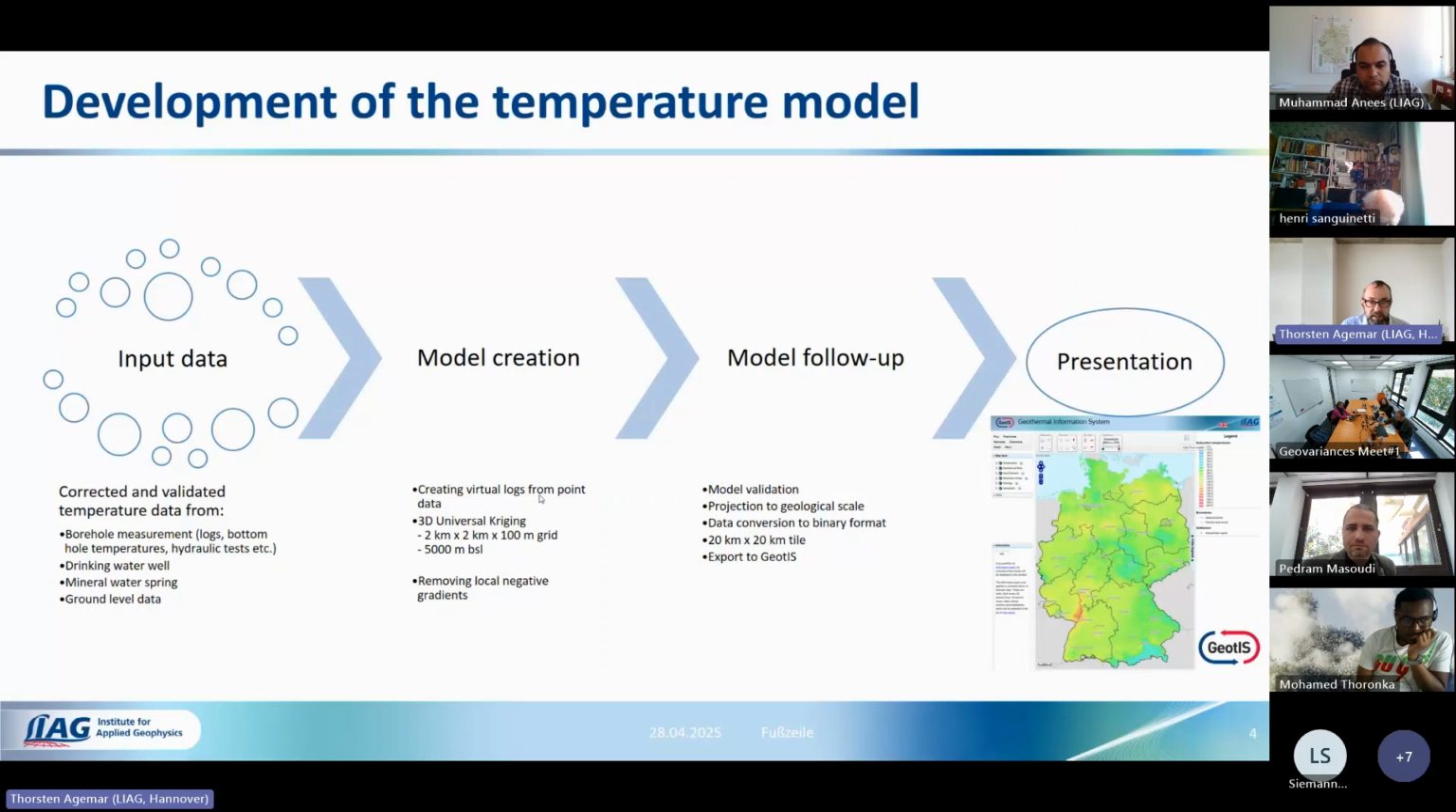Yes, the next step is then the model validation. We look at results, and then we project this 3D temperature model on geological horizons, particularly those that are very interesting for the geothermal industry or geothermal energy usage. And then we do a conversion of the data to a binary format and store the data as binary large objects in our database, and so make them available for our geotists, which could be seen as a public digital geothermal atlas for Germany, showing various data,